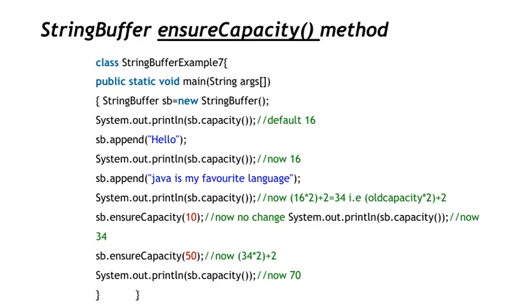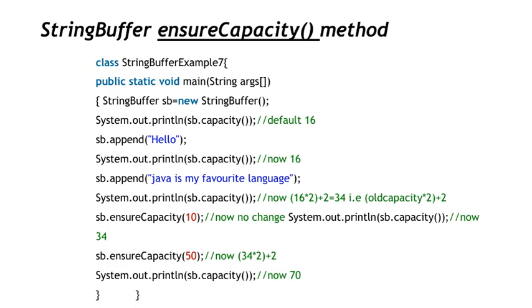Let's take a closer look at the ensure capacity method in the string buffer class. In this example, we start by creating a new string buffer instance and notice that its default capacity is 16. When we append hello, the capacity remains at 16 because the string is still small. As we append a longer string, Java is my favorite language,